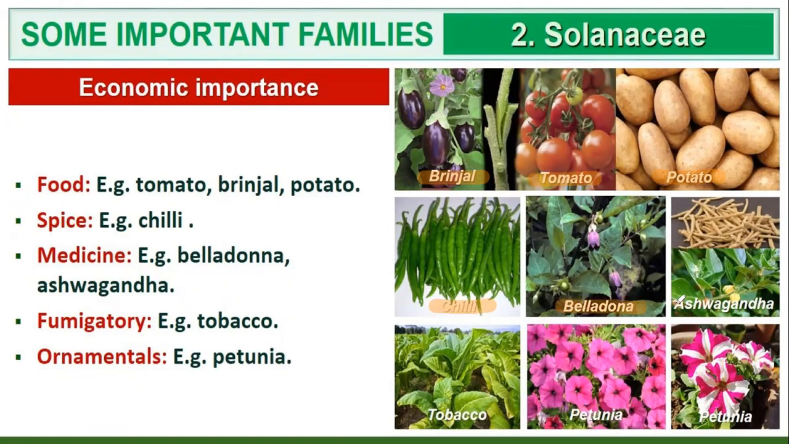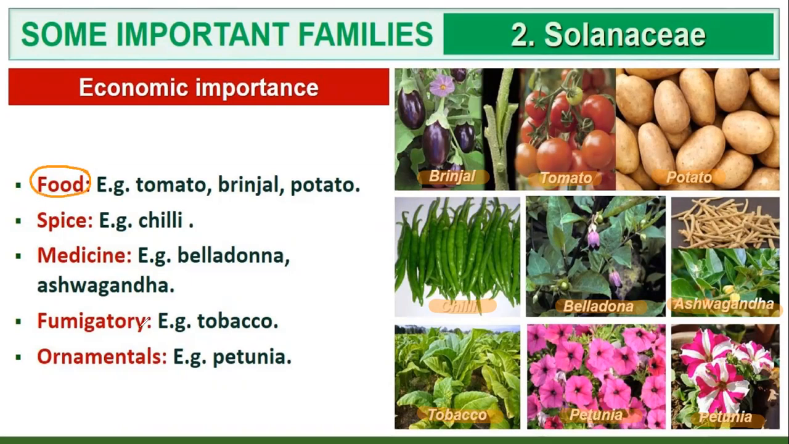Whereas belladonna and ashwagandha will be acting as a medicine. Tobacco is a fumigatory that is burnt to repel insects from the farm. Petunia is used as an ornamental plant. So as far as economic importance is concerned in the Solanaceae family, we need to always consider with respect to the